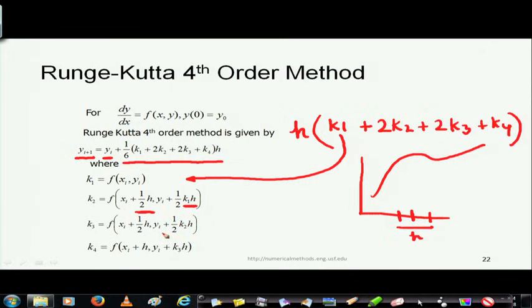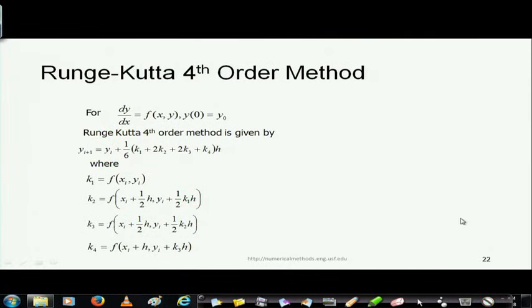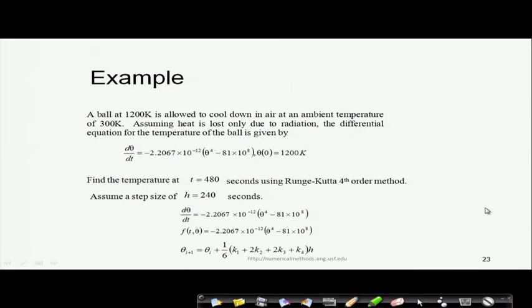x_i plus h, the last one is x_i plus h, because I am trying to solve the equation within this zone h. So, I start with x_i and this is x_i plus h, times k3 h. Here there is no half. Now, this derivation you can look at, but ultimately I multiply it with 1 by 6. So, given this Runge-Kutta formula, let us quickly look at an example. That will be a very nice thing to look at.